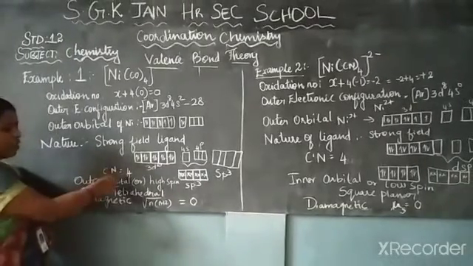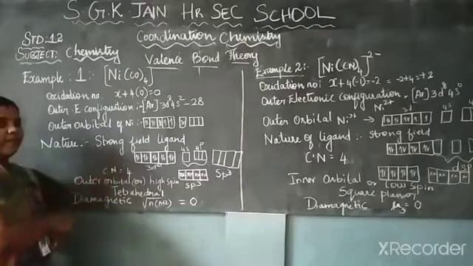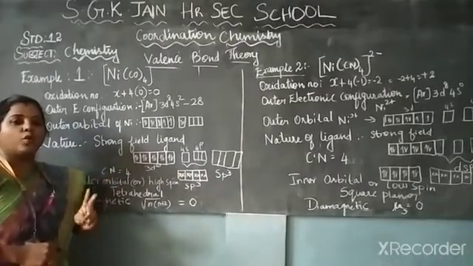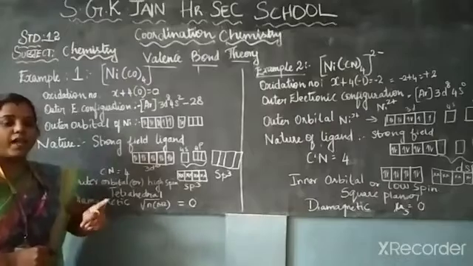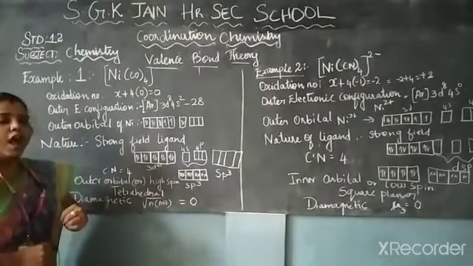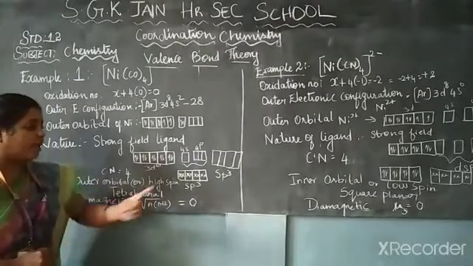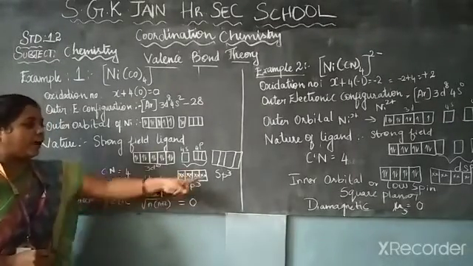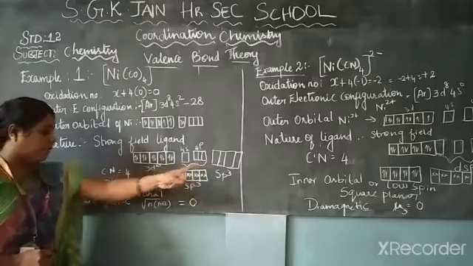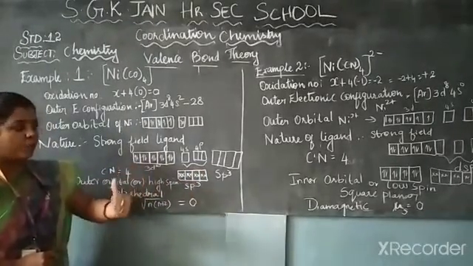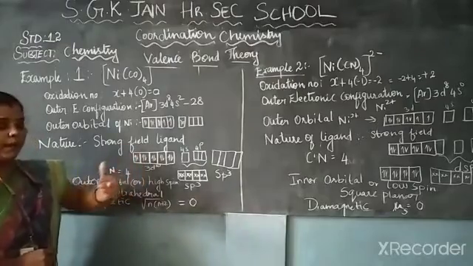And next, based on the coordination number we decide the geometry also. If it is 4, we have 2 kinds of geometry: one is square planar, the other is tetrahedral. How can we classify whether it is square planar or tetrahedral? Based on the hybridization: if the hybridization is sp3, it is tetrahedral. If it is dsp2, it is square planar.